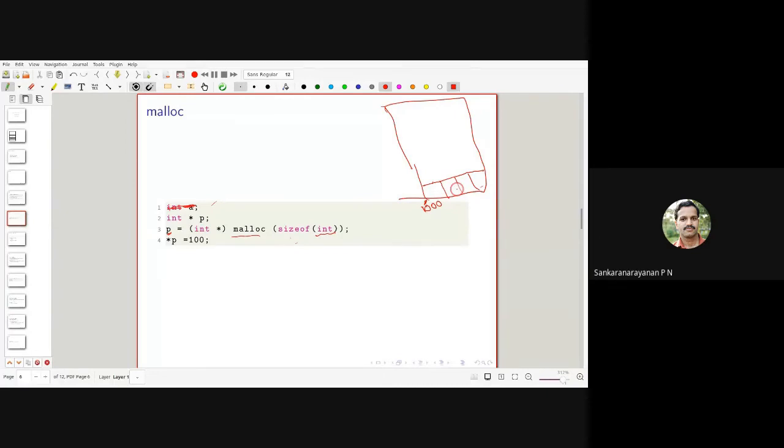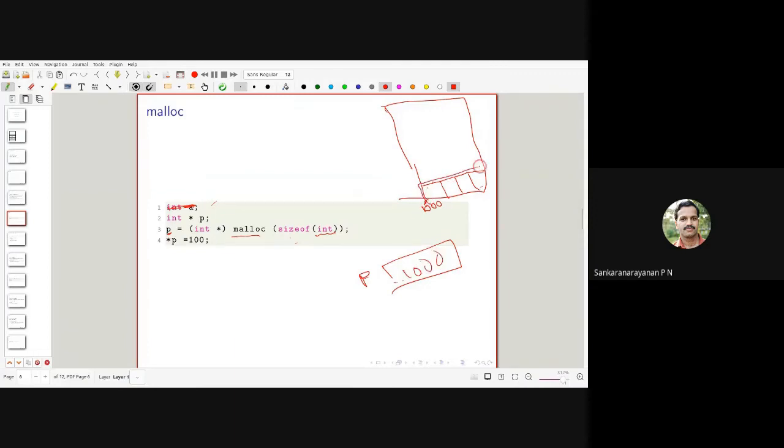Okay. So p equal to int star malloc size of int. This will reserve, say, 4 bytes, and the first address will be given to p. And when I assign star p equal to 100, p is a pointer, and p has the first address of the allocated location.